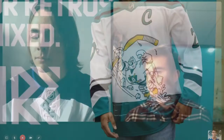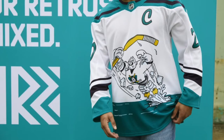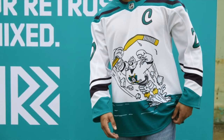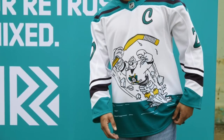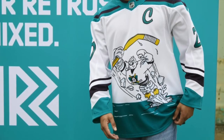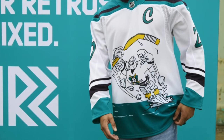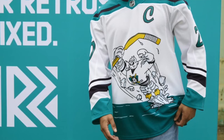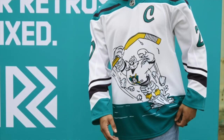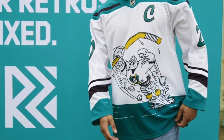So I guess we'll start off with the Anaheim Ducks, I think. What do you guys think of this one? Absolute trash. I think we're all in agreement that this is just garbage. Yeah, that pretty much sums it up. It reminds me of Space Jam. I don't know why. And I don't really think much stuff wants to remind you of Space Jam, so...